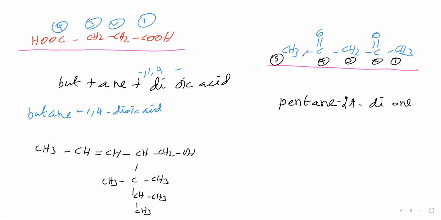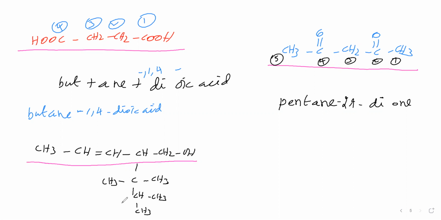The parent chain is the straight chain. Why is the straight chain the parent chain? Because in the straight chain, count how many carbon atoms there are: 1, 2, 3, 4, 5. If you go in the L manner, how many carbons? 5 carbons. So 2 possibilities are there as a parent chain, 5 carbons and 5 carbons. Which do we select, straight or L? In the straight chain the CC double bond functional group is also there. In the L manner the CC double bond functional group will not come. Therefore, the straight chain only we have to select as the parent chain.